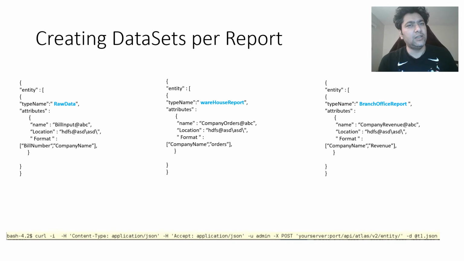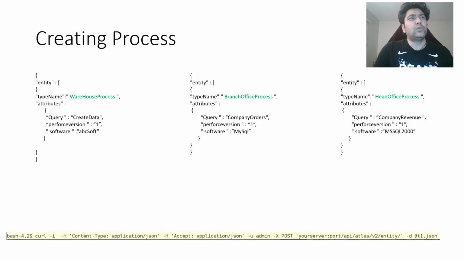To create each of these entities, we can create a post request, and I have given the syntax. You can see the syntax here, and how to create entities. You can create a separate type file, a JSON file for each of them, or do it in a single one, and hence mark the entity into the system. So we will create the processes also. I think I have displayed it in the other order. We should create the entries for the processes first.